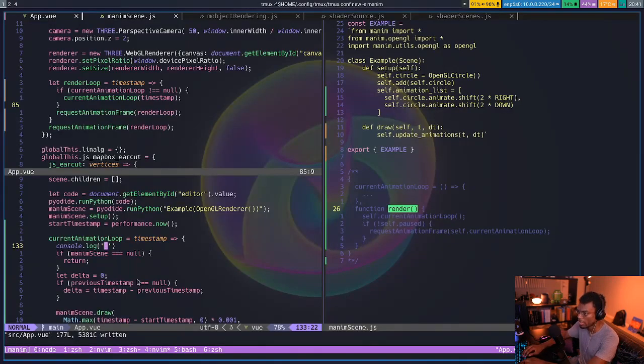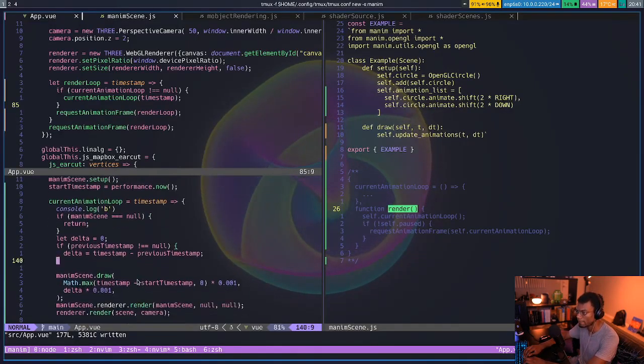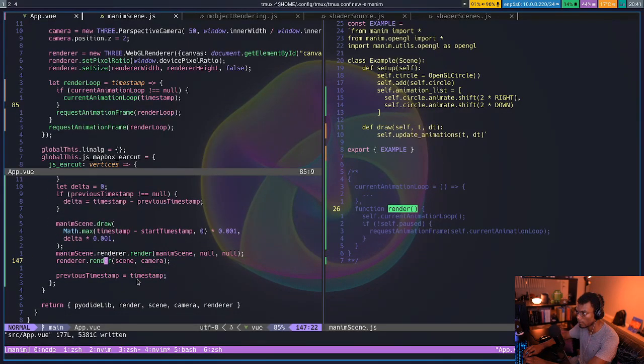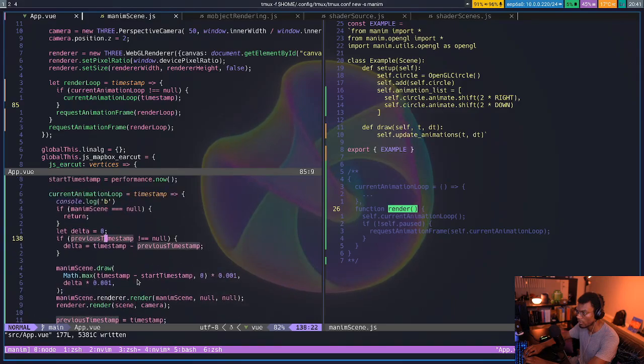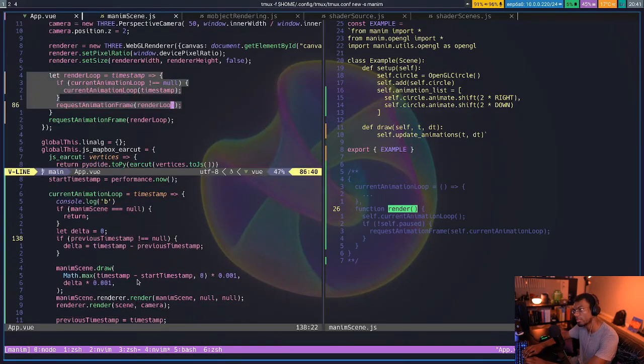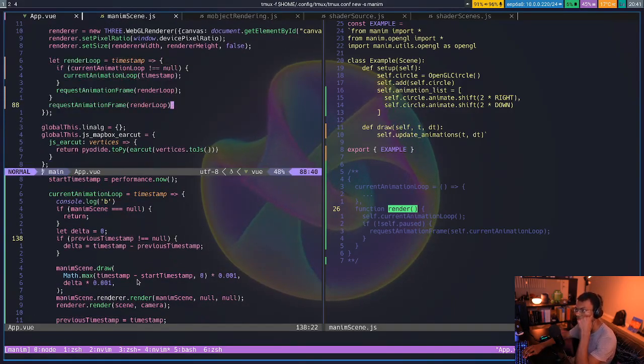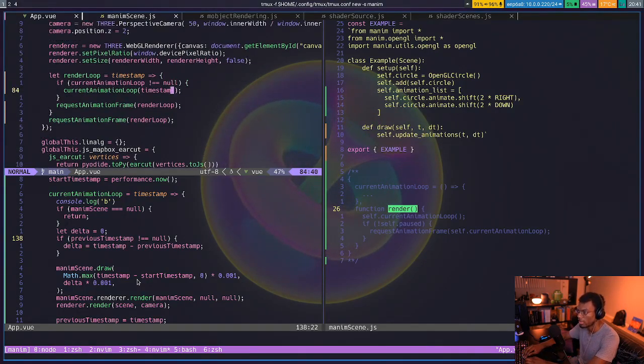No, it's still printing A and B. Why? Oh, because this render loop is still... I didn't remove that render loop. That's really dumb. I don't know how to cancel